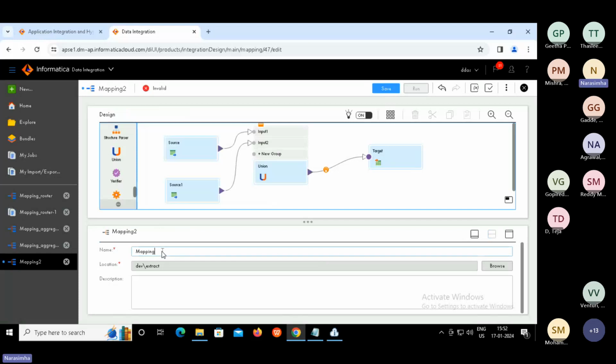So mapping underscore union based on two sources. And save it.